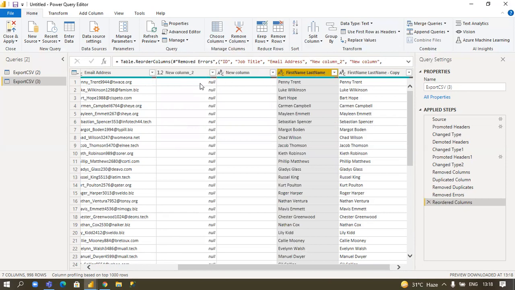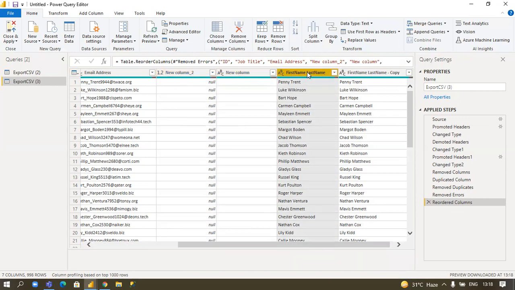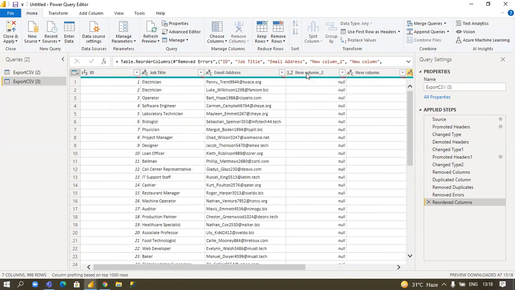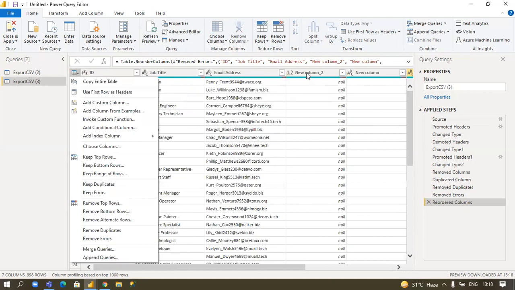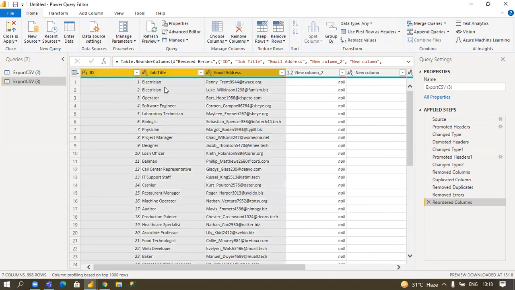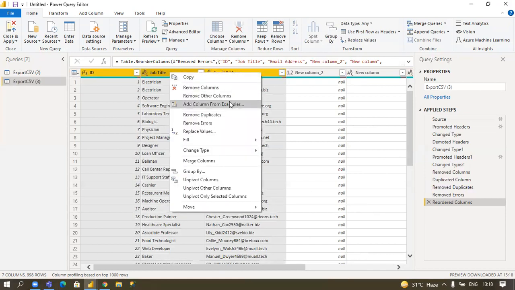Again, if I want to delete these two columns, I will select these two columns and directly click remove, so those two columns will be deleted. But as of now I don't want that, so suppose I select first, second and third, and again I right click and you can see remove other columns.